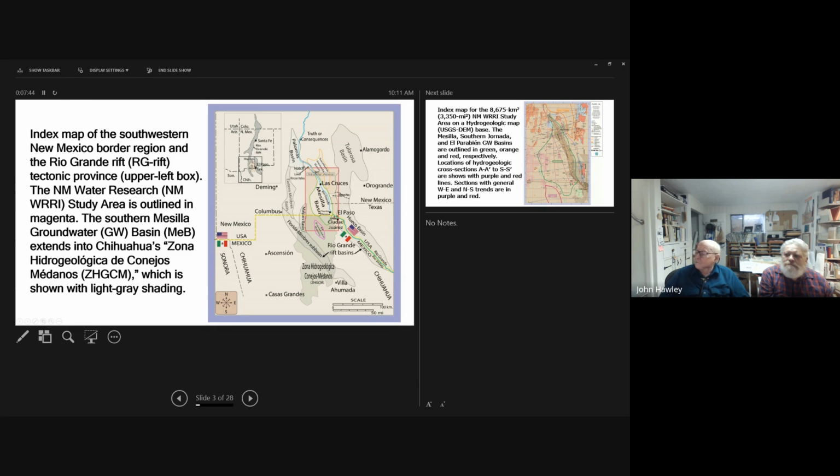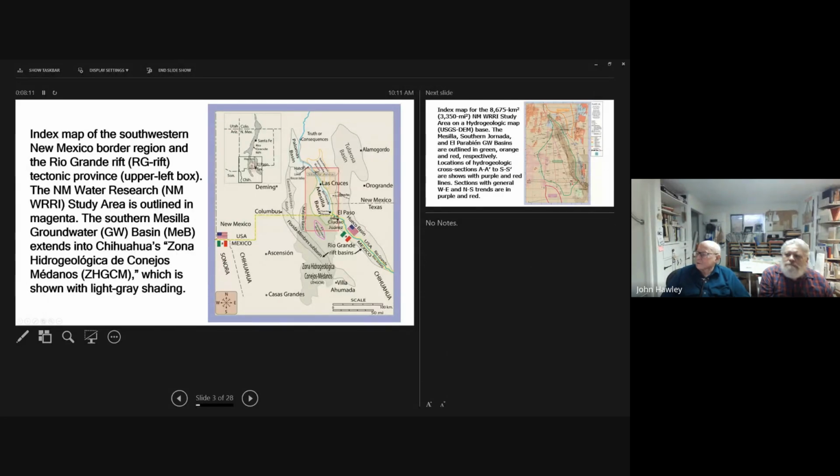This long feature here is a rift basin, the Rio Grande rift basin, a kind of pull-apart basin that's superimposed on an earlier Laramide or early Tertiary tectonic feature of compressional origin, which is called the Chihuahua Trough.